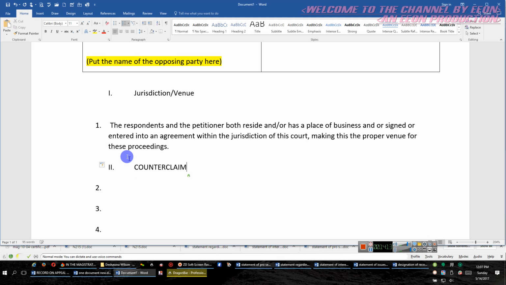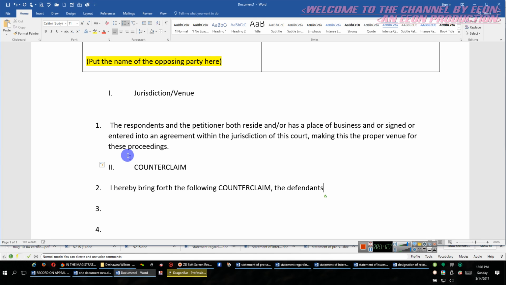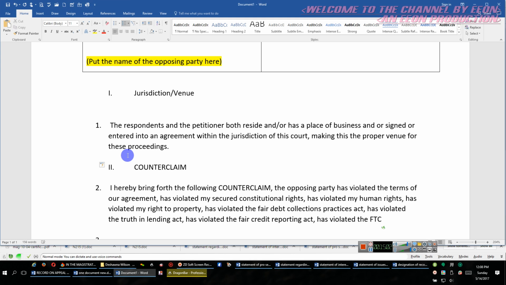Counterclaim. I hereby bring forth the following counterclaim: the defendants' opposing party has violated the terms of our agreement, has violated my secured constitutional rights, has violated my human rights, has violated my right to property, has violated the Fair Debt Collection Practices Act, has violated the Truth in Lending Act, has violated the Fair Credit Reporting Act, has violated the FTC Act, has violated the SEC Act, has violated the Gold Repeal Act,